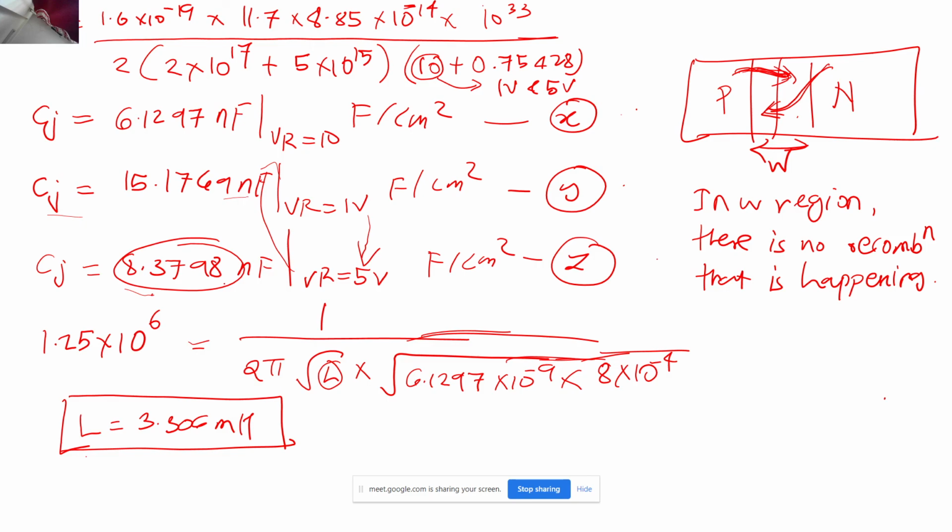I don't have answers right now, because this has to be looked at numerically by considering the recombination rate and all. Unless I prove to you that the concentration decrease that happens because of the recombination is very less, I won't be able to prove that this assumption is valid. So just give me some time to prove that. I will get back to you in the next session.